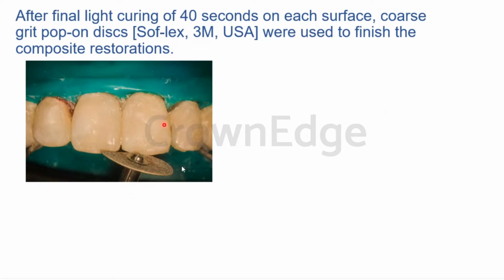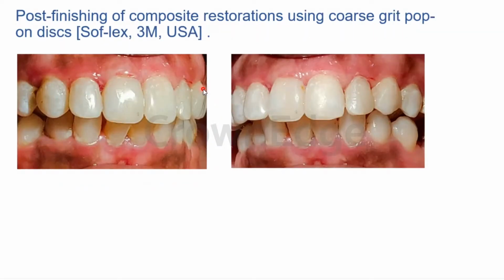Once we placed those Soflex discs, we started removing all that flash in the gingival sulcus area. We can use a number 12 surgical blade, which is a curved surgical blade, in order to remove that little bit of flash in the cervical area, right? And then we go on to our other